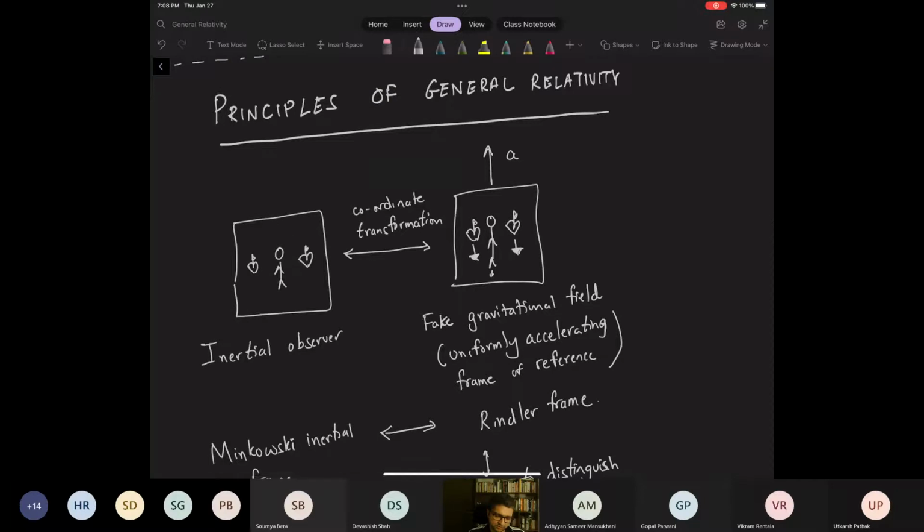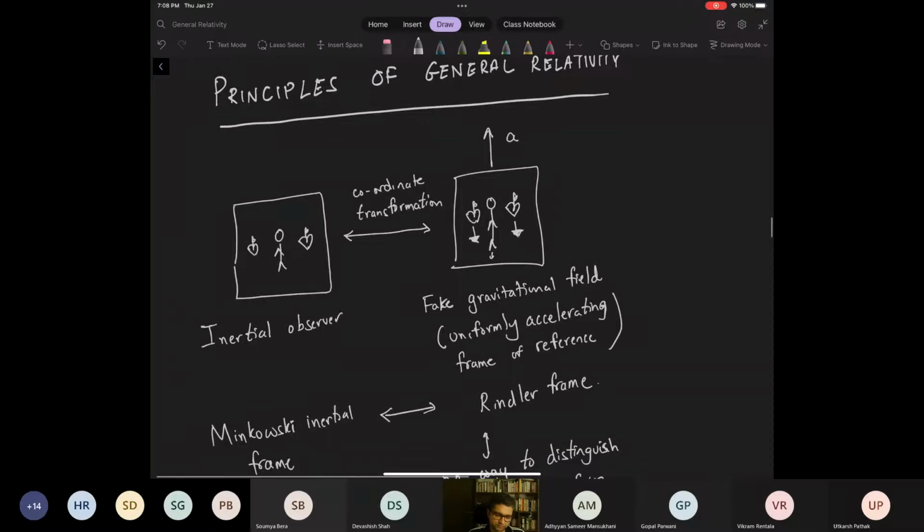So what we've seen so far is if you have an inertial observer, like an observer in an elevator with two apples, where everything is just floating, staying where it is because there are no external forces acting on the system. And what we've seen is that you can make a coordinate transformation. This coordinate transformation can take you, for example, to an accelerated frame of reference. In this accelerated frame of reference, the inertial objects